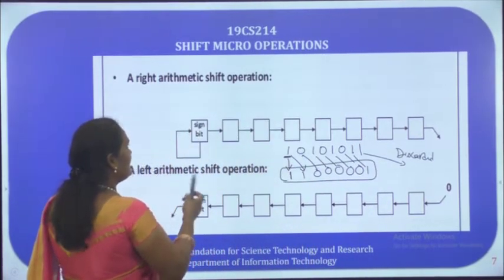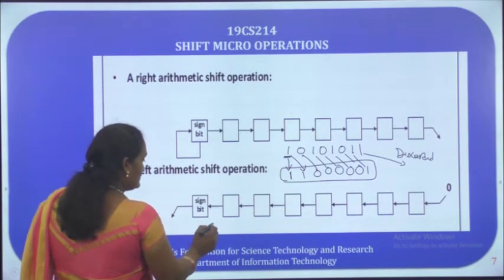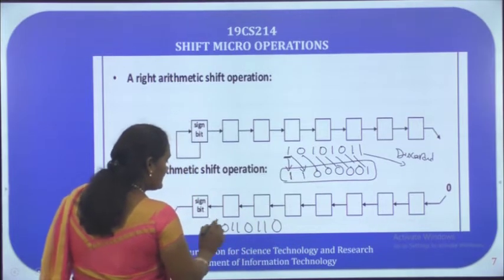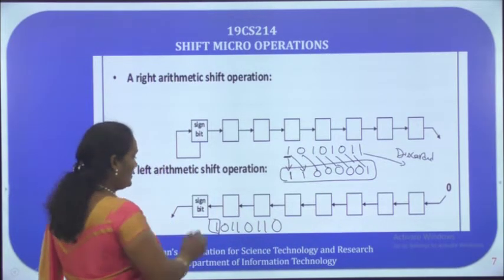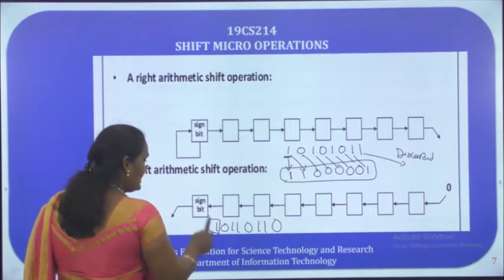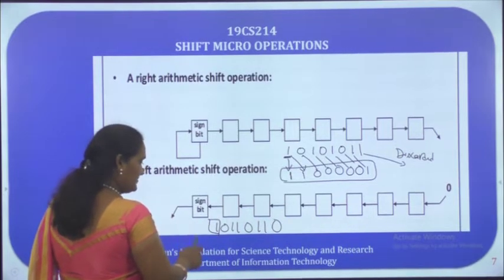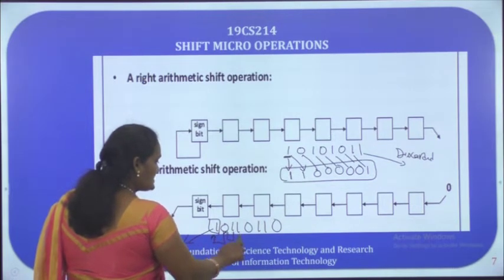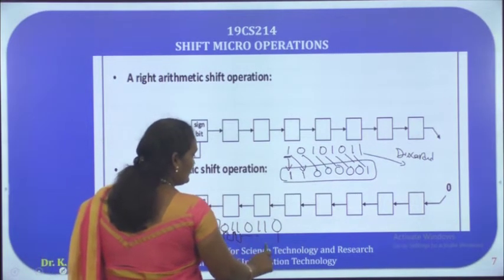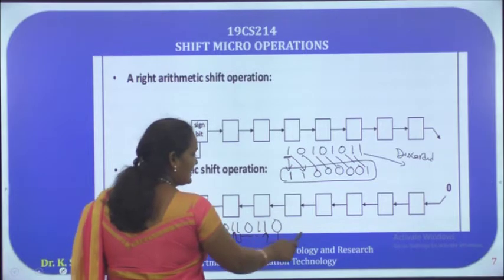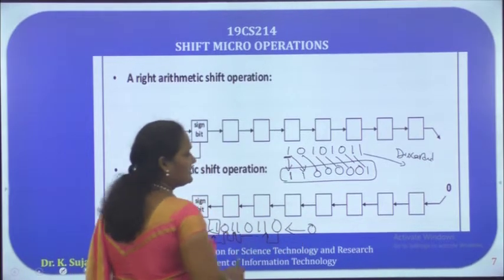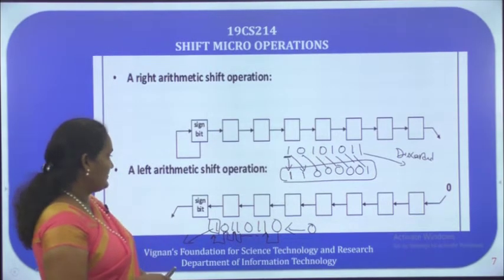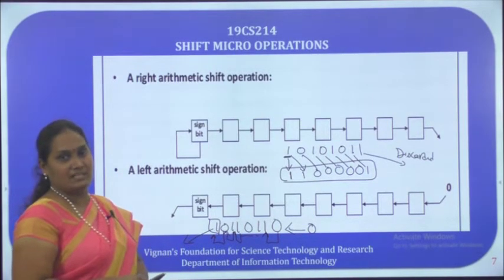Now what about arithmetic left shift? Let us see. Here, if you are having the number like this, this is the sign bit. Now how does the arithmetic shift operation happen? Including the sign bit, we are going to shift. So this is shifted. Here this comes, here this comes, here this comes. Like that, the shifting will happen. Here this comes, this becomes vacant. To this vacant position, a 0 will be occupied. So the arithmetic left shift is very similar to logical left shift.